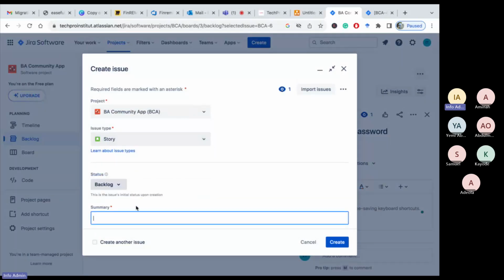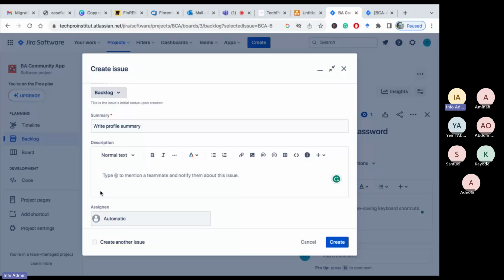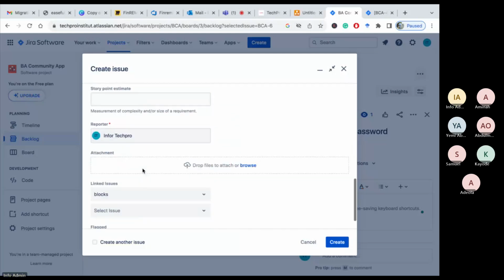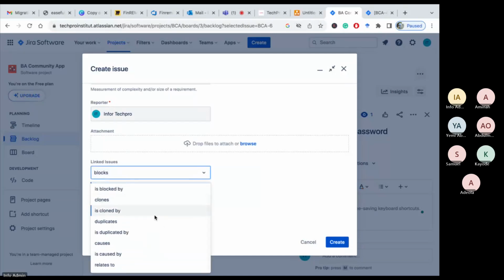Okay, you are writing user stories, click what summary you want to do. If it is write profile summary, then write your user stories and acceptance criteria here and everything. Okay, what do you want to link? You want to link it to, see,